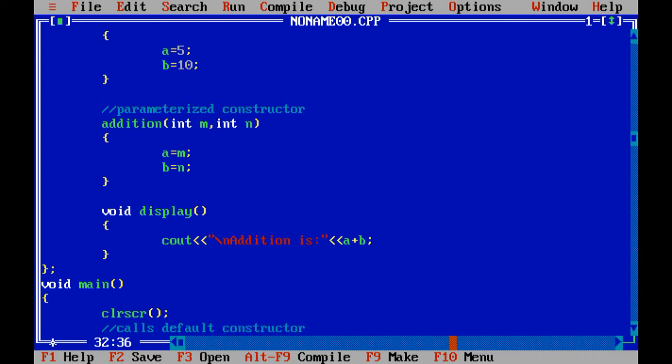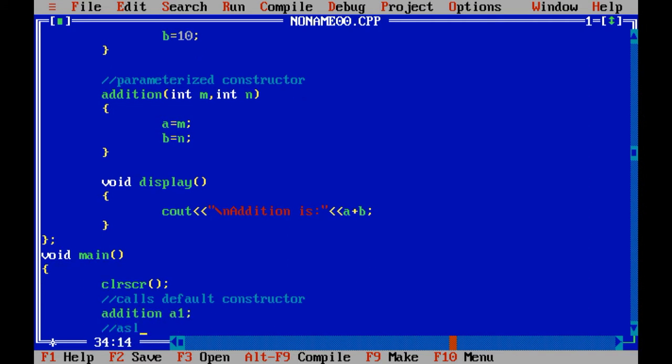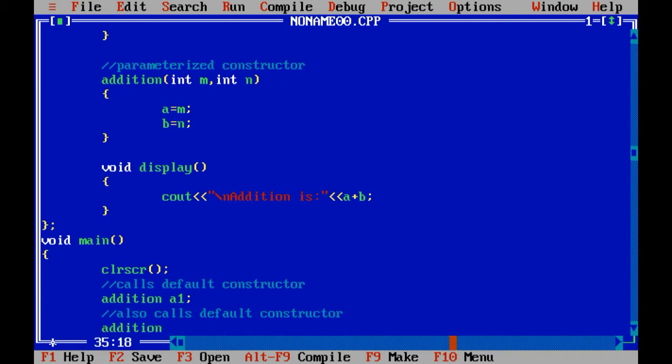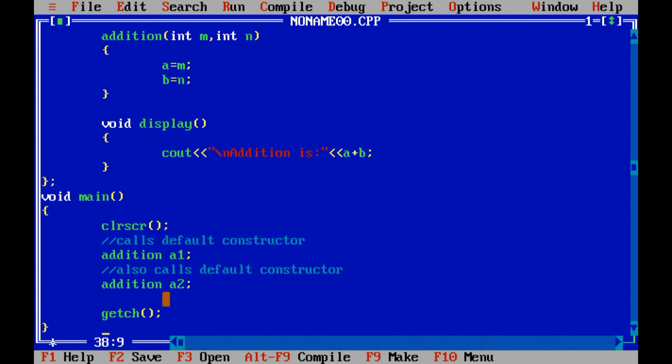So addition A1, again also call default constructor, addition A2. Now see what we perform. I have taken two objects A1 and A2 which are of the same class addition.